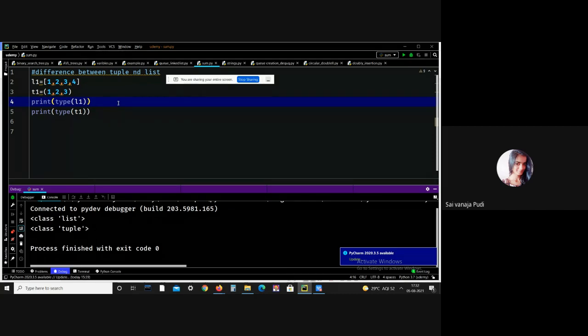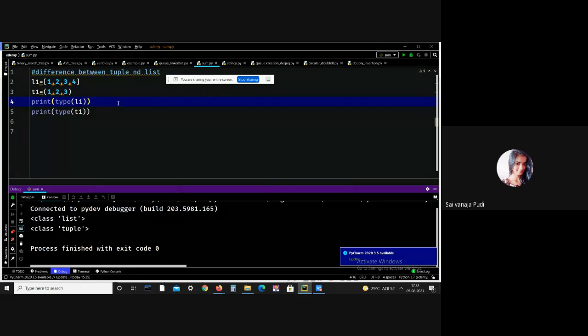These are all methods which cannot be performed by tuples. Lists can perform all these functions, so everyone will say that lists have huge function support compared to tuples.